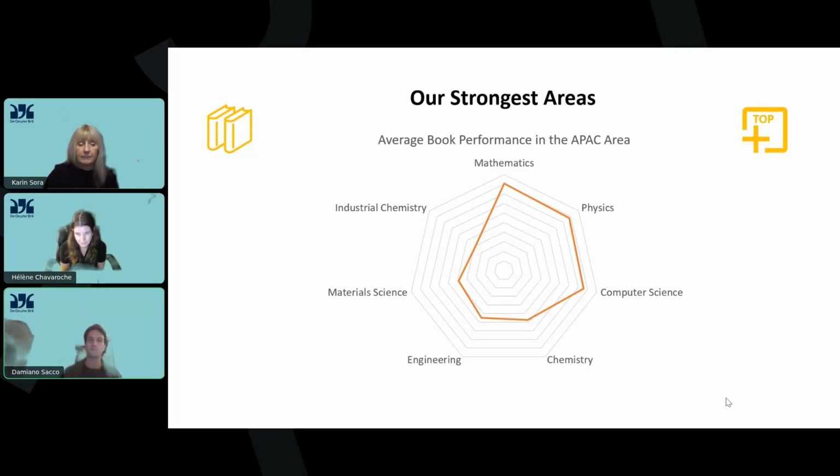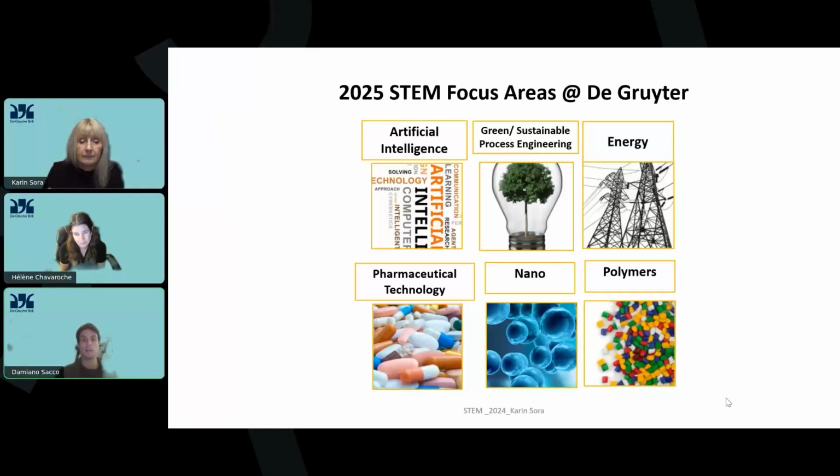But we thought we would share this with you since it's an analysis that we did across all our portfolio. So these are our main subject areas in which we publish. And then every year we determine 5 or 6 focus areas, which are groups of subject area topics in which our books can be placed and they receive particular attention. And in each focus area, they are supported by a strong program and they support each other.